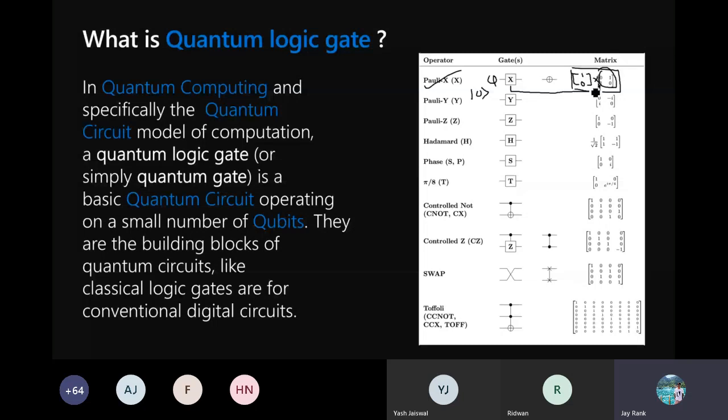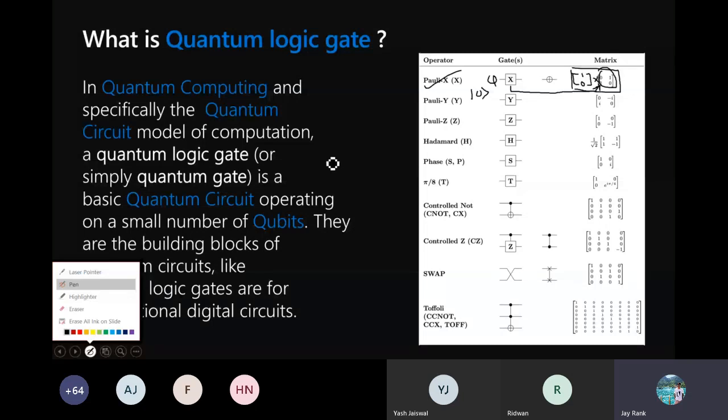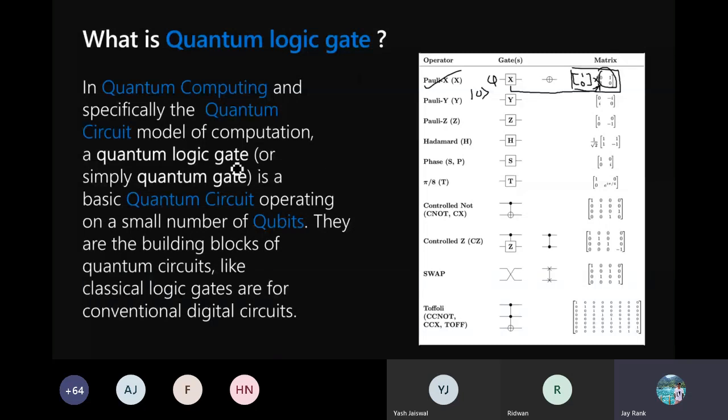So the gate is X, the Pauli X gate. This is the tensor product, and this is the incoming qubit. So the output will be another entangled state, or you can say the measured state, that will give either 0 or 1, right? Okay, so that's how basically a quantum logic gate works.